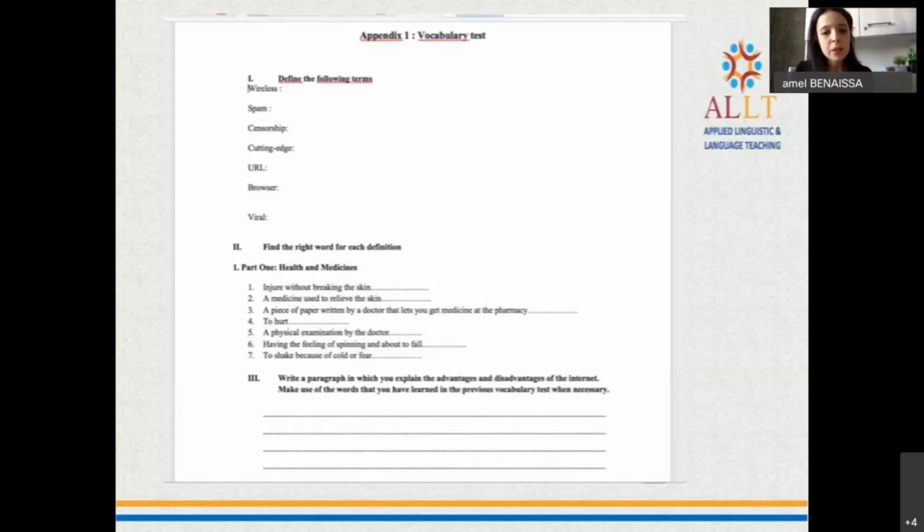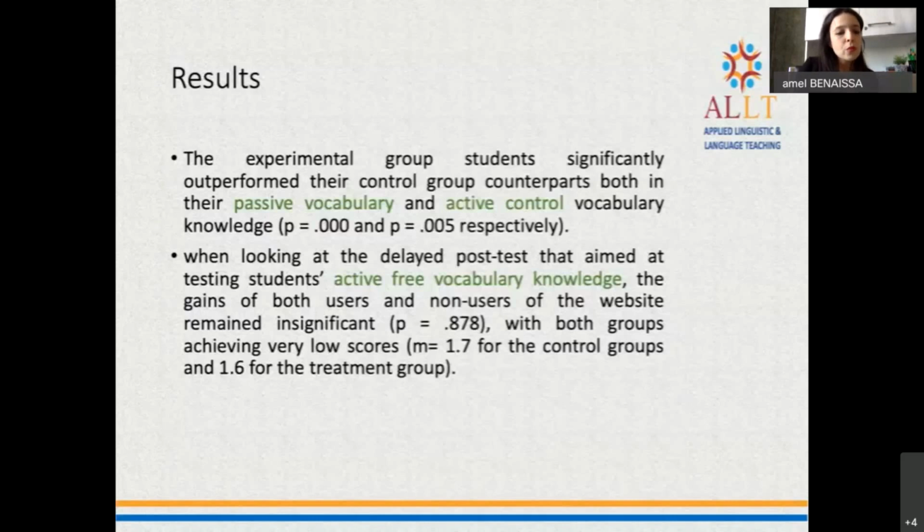I tested their vocabulary knowledge before and after the training. So this is just an example. So what do the results of my research reveal? They reveal that the students